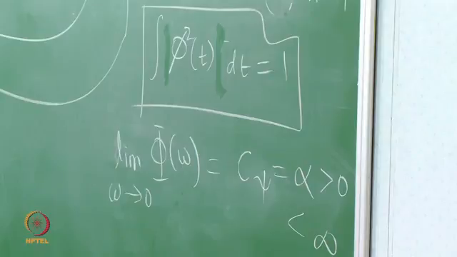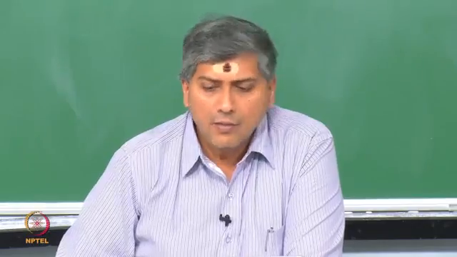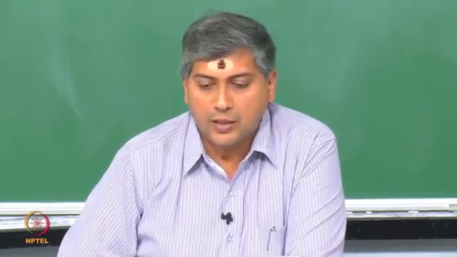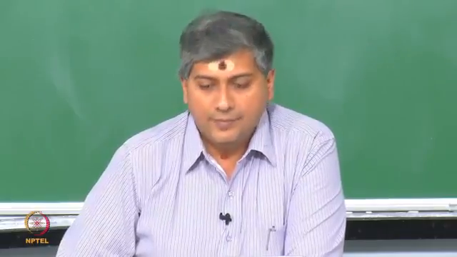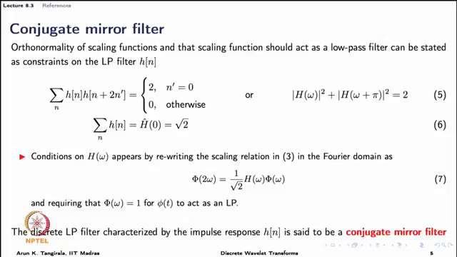As I said, we avoid the proof. The condition of orthonormality can be written directly in terms of the impulse response coefficients or in terms of the FRF of the filter, FRF meaning frequency response function. So, the H of omega, which is the discrete time Fourier transform of the impulse response as usual, as with the standard definition of a frequency response function, that is what we have.